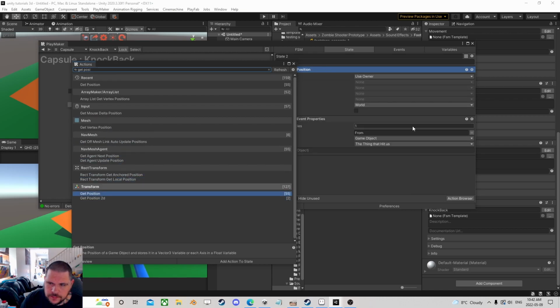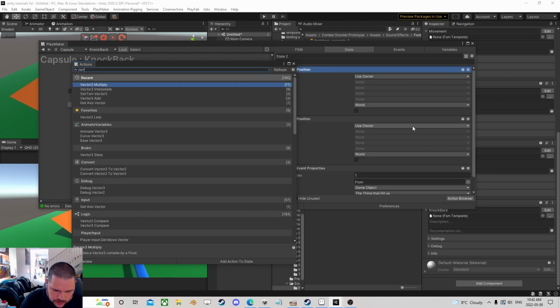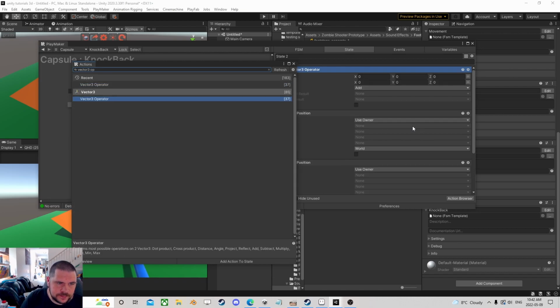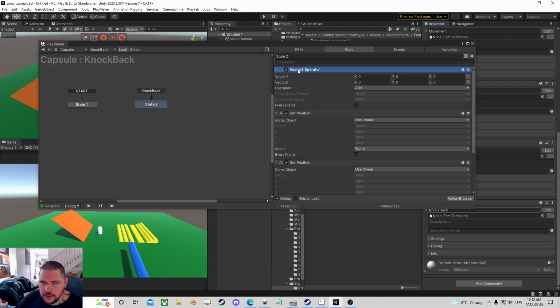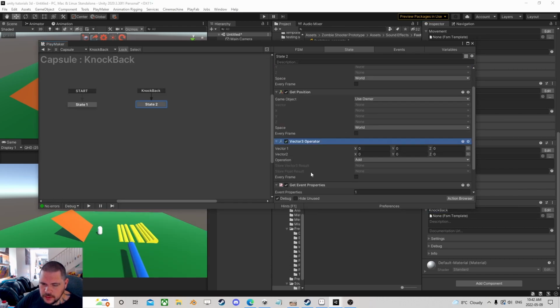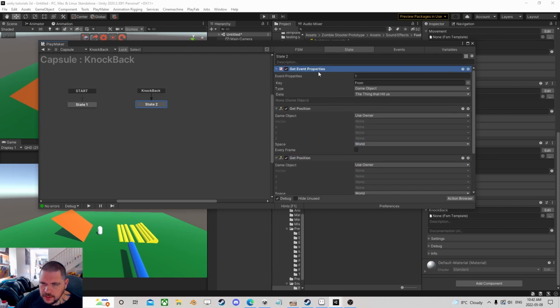We need 2 of those. And then now we need a vector 3 operator. And then we'll need a vector 3 multiply, but we'll get that after. All right, so let's order this a little better. The get properties need to be at the top. So we're going to get,